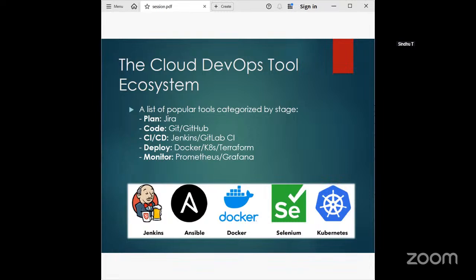Okay, so Jenkins, first we'll see Jenkins. A few tools I'll explain. Jenkins is a widely used open source automation software that enables the CI and CD pipeline, automating the process of building, testing, and deploying code. It helps to reduce human error and improve software quality. And Ansible is the open source automation tool for IT infrastructure automation and configuration management.